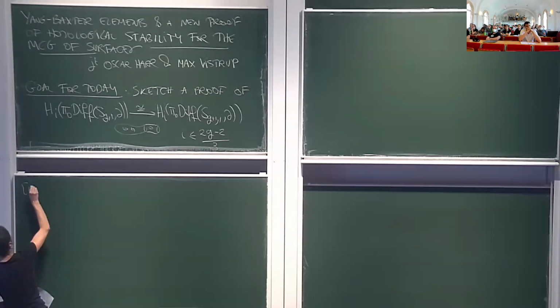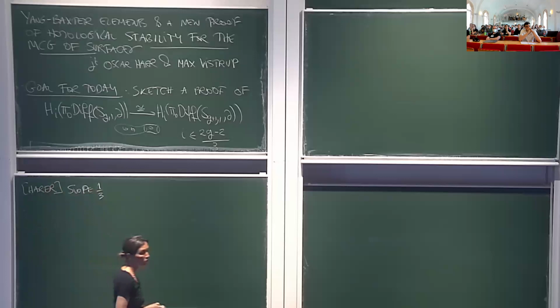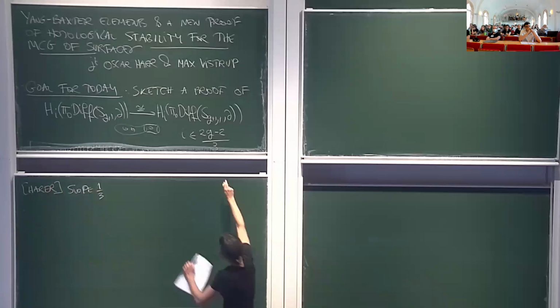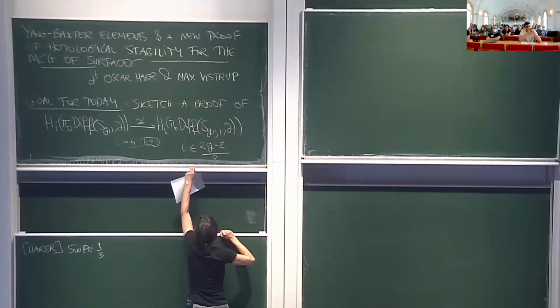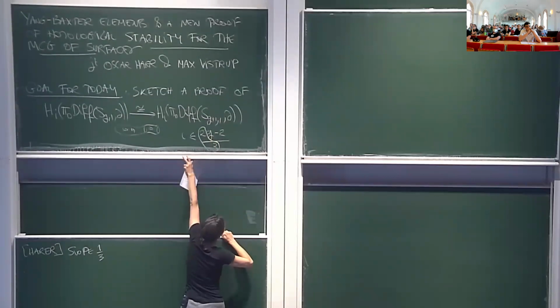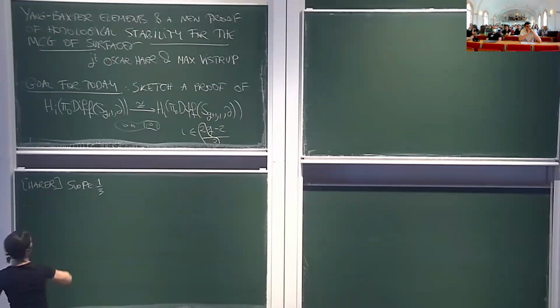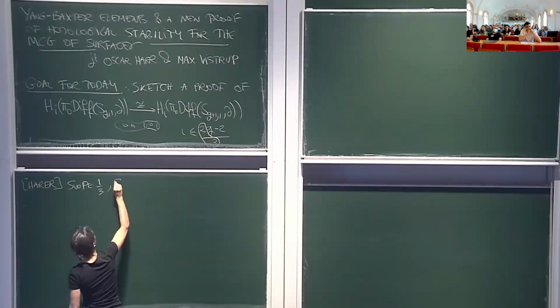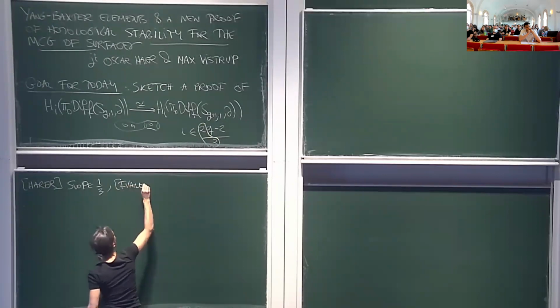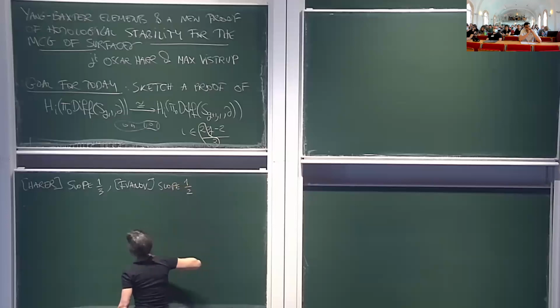It was originally proved by Harer with a slope 1/3, where the slope here in the statement would be the coefficient of the genus. So Harer originally, in the 80s, proved this with slope 1/3. Ivanov improved it to a slope 1/2, and then